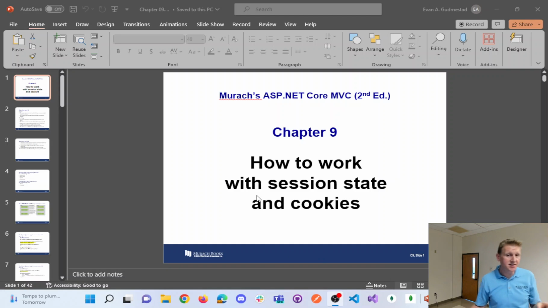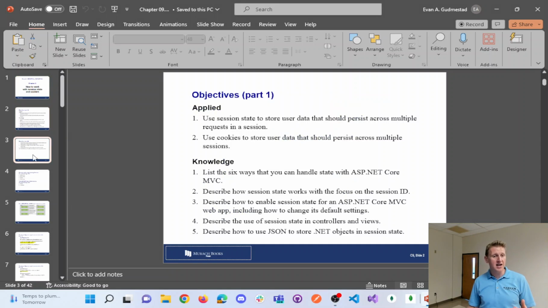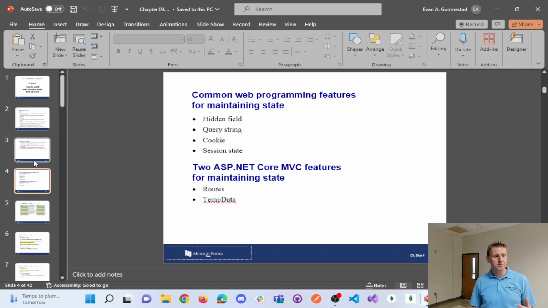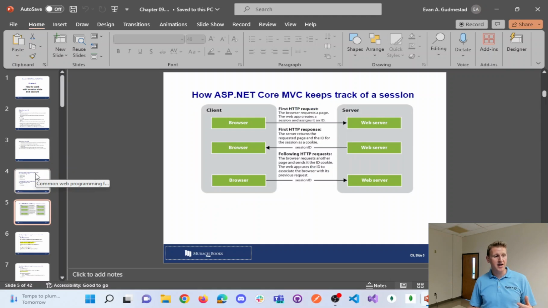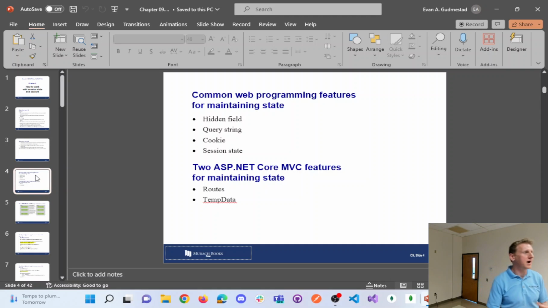Okay, so we're going to get into this lecture on Chapter 9, How to Work with Session, State, and Cookies. It's literally the main topics of this chapter. It's just two big topics, session state and cookies. And so that's what we're going to focus on. And if we get into the first topic, which is session state, slide 4 talks about, what